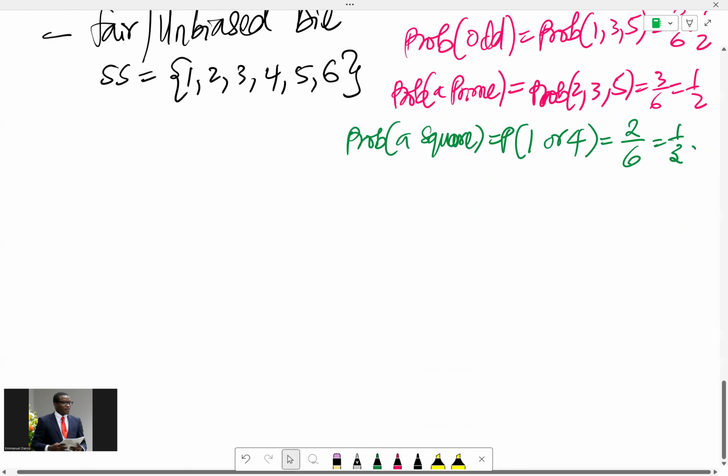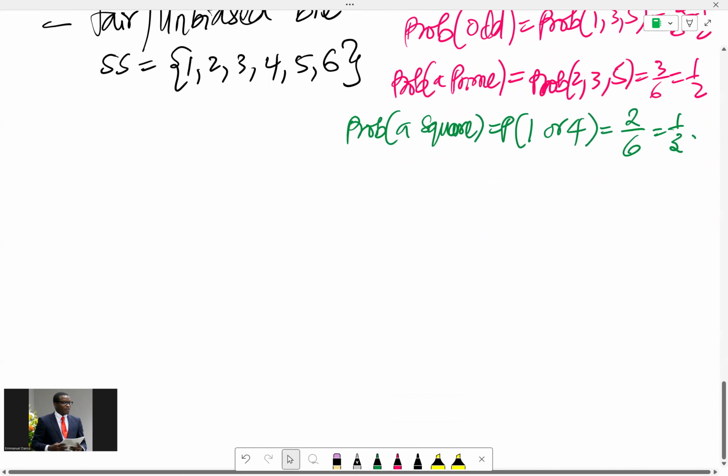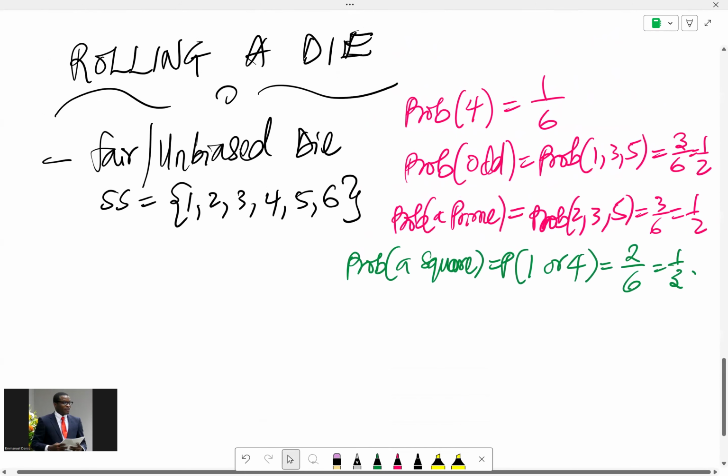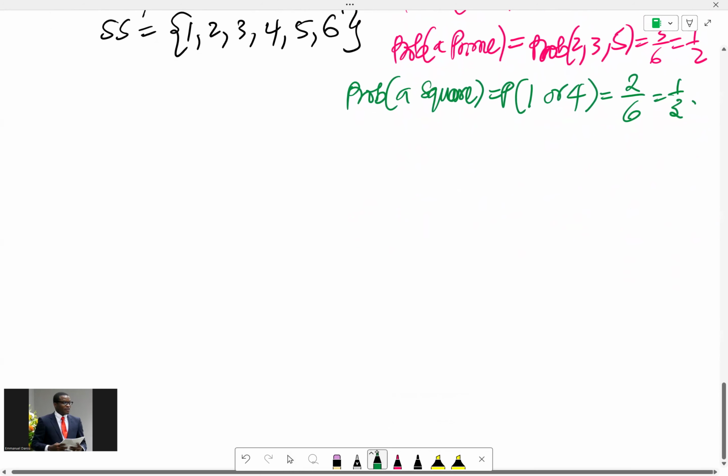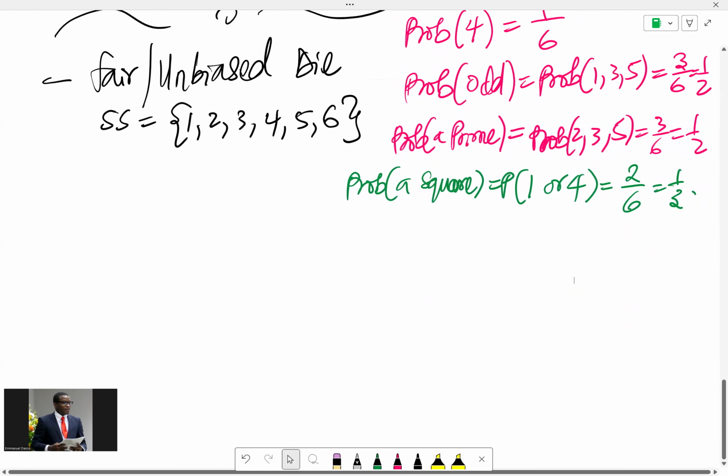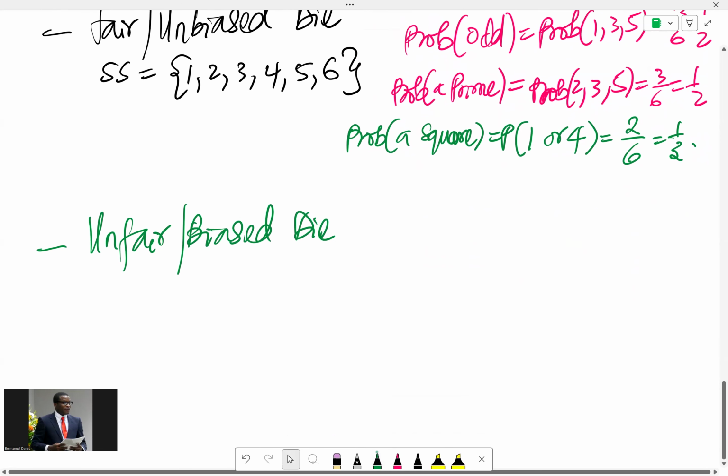But of course, you might be playing a game where a particular number is really important. For instance, I know in the game of Ludo, or even in Snakes and Ladders, you want as high a number as possible so you can move fast enough. So that brings us to the idea of an unfair or biased die. Let's assume that 6 is a very important number in the game you're playing. And then you have found a way of manipulating the die such that instead of having 1, 2, 3, 4, 5, 6, you now have